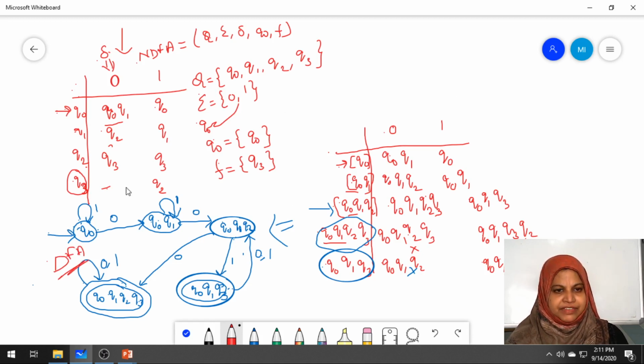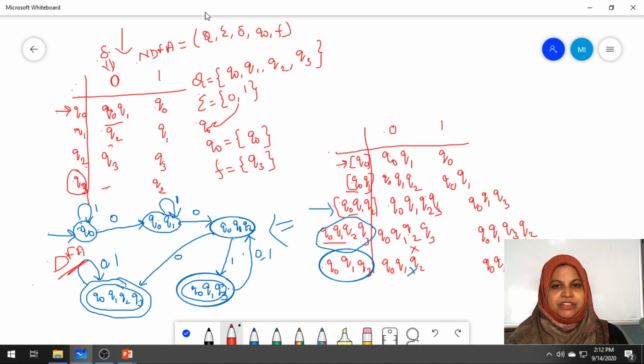First here we are getting this transition table. Transition table is consisting of 4 states, Q naught, Q1, Q2, Q3, and 0, comma 1 input is there. If we are getting the transition table, we have to write these states: Q equals Q naught, Q1, Q2, Q3. Input symbols are 0, comma 1. Here arrow mark is there, that is why Q naught is the initial state. Final state is indicated by circle. So F is the final state Q3.